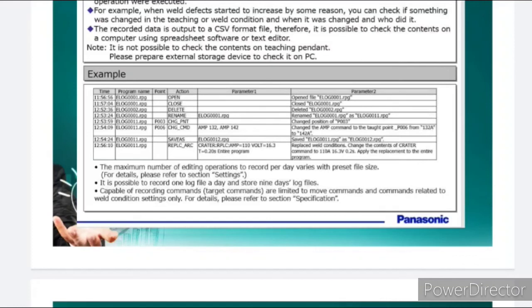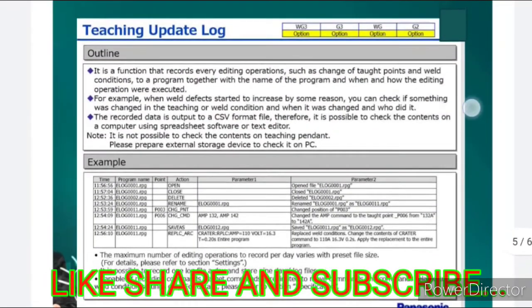It is possible to record one log file per day and store 9 days of log files. The recordable target commands are limited to move commands and commands related to weld condition setting only. For details, please refer to the specifications section.